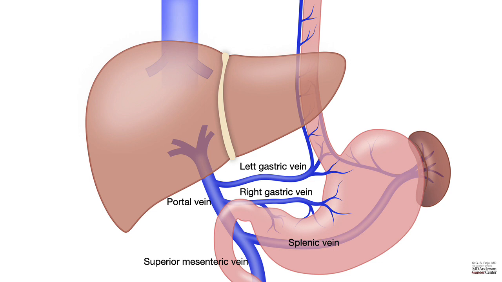They join the portal vein, and the portal vein goes into the liver, and then again divides into multiple branches and tributaries and supplies the nourishment to the liver. And from there, again the tributaries start joining to form the hepatic veins, which in turn join the inferior vena cava, and the inferior vena cava enters the right atrium. So when you look at the liver, it has a rich vascular supply. The portal vein